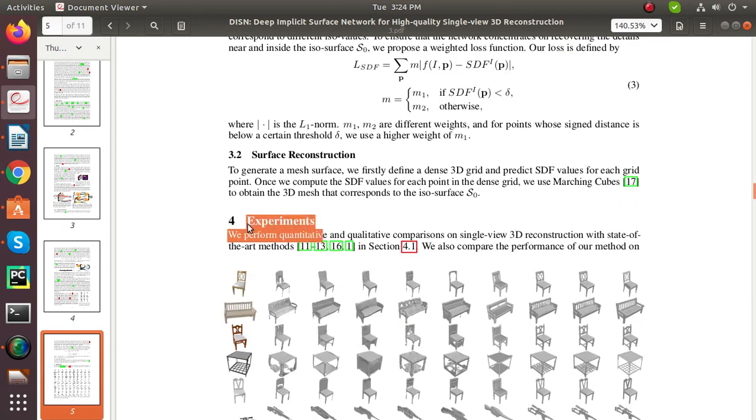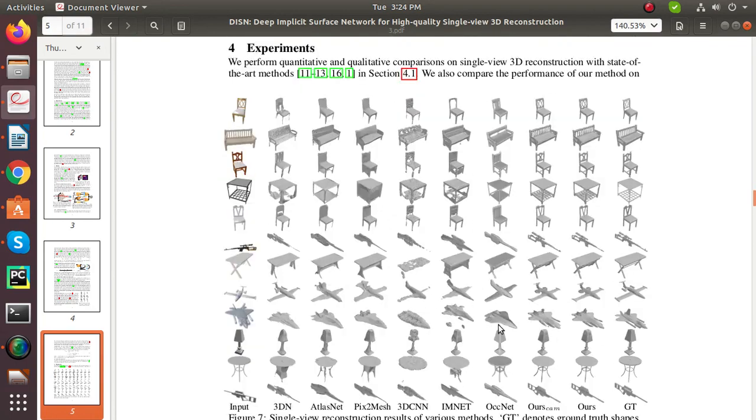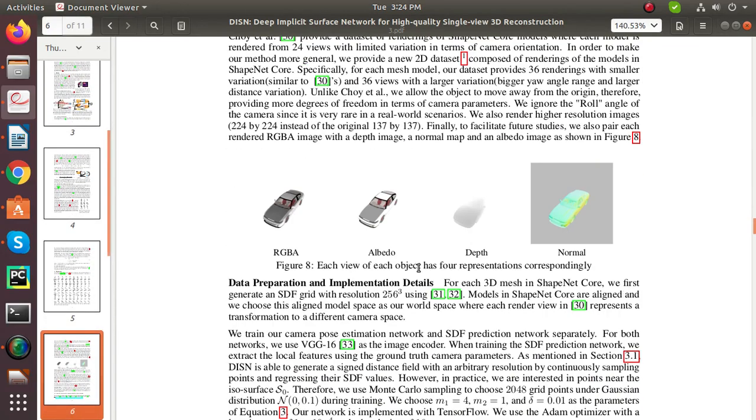In the experiments part, a quantitative and qualitative comparison of the proposed single view reconstruction approach is performed with state-of-the-art methods like AtlasNet, Pixel2Mesh, 3DN, OccNet, IMNet, etc. Deep Implicit Surface Network is the first deep learning model that can capture such high quality details from single view photos. For the evaluation metrics,